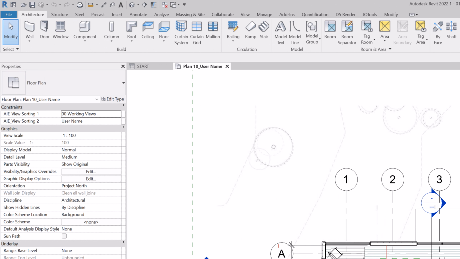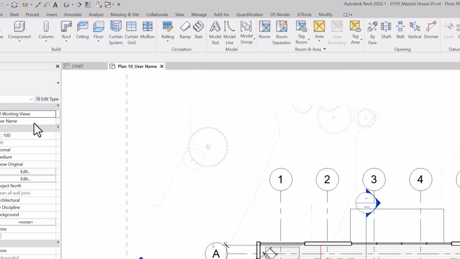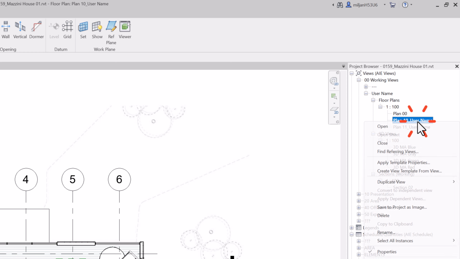It's quite simple. What I have done is that I made two parameters, ArchitEasy view sorting 1 and ArchitEasy view sorting 2. For view sorting 1, I have 00 working views, and then for view sorting 2, I have username. And for example, let's just imagine that you are working within a